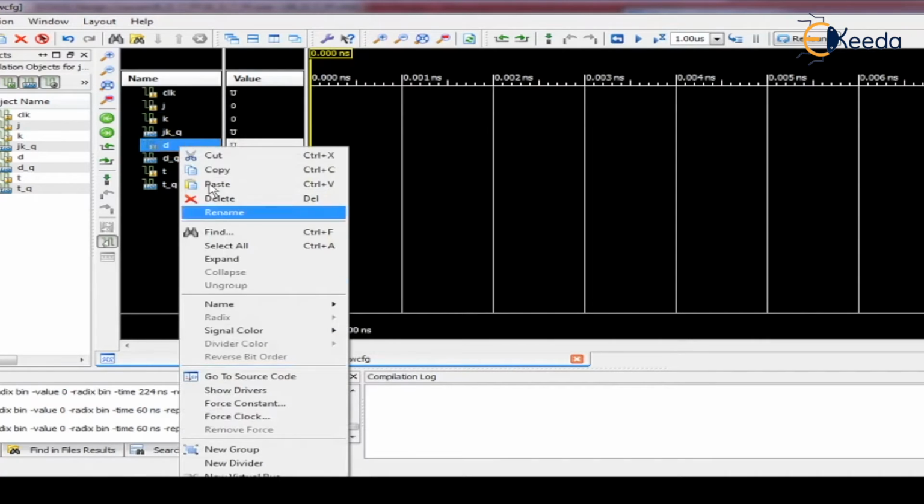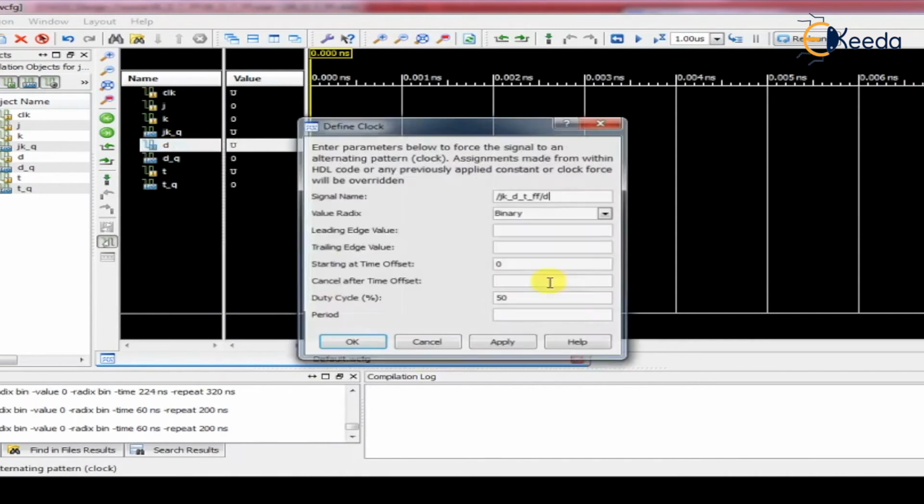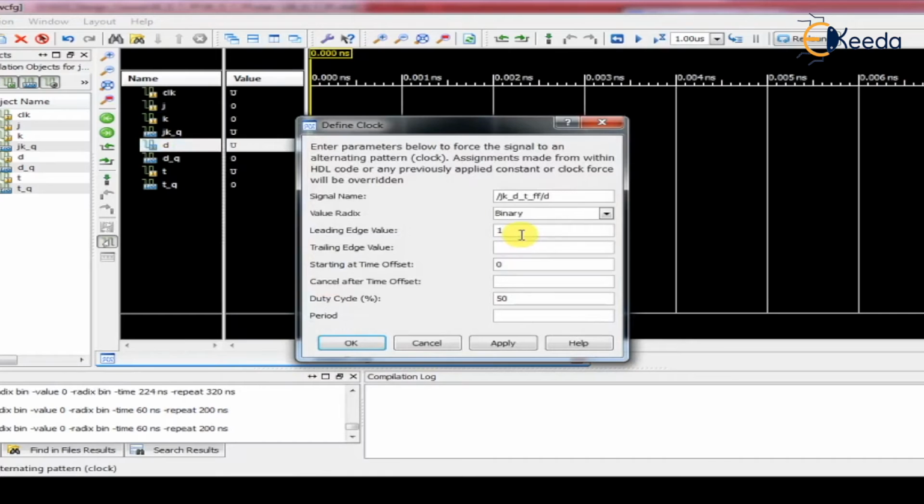Then the D input. D also I will randomly create, like an input signal 1 0, with a 70% duty cycle, and the clock period I am maintaining again as 200 nanosecond.